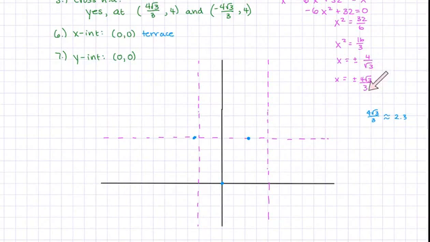4 root 3 over 3 is about 2 point something. You can figure out it's 2 point something, even if you're not using a calculator, which ideally we're not. If we want to estimate 4 root 3 over 3, well, 4/3 is about 1.3. This is a very loose estimate. Root 3 is a good one to know. It's about 1.7. You could multiply those two together. 1.3 times 1.7,